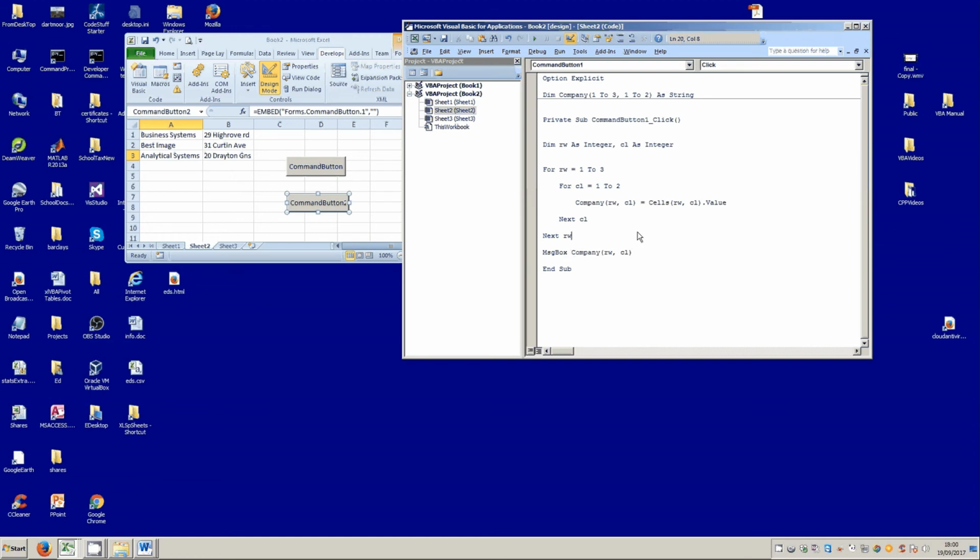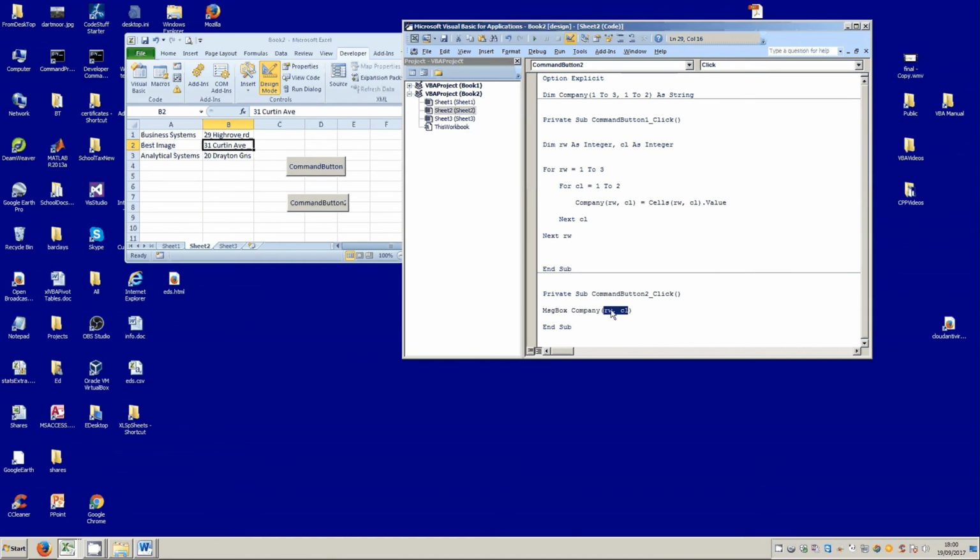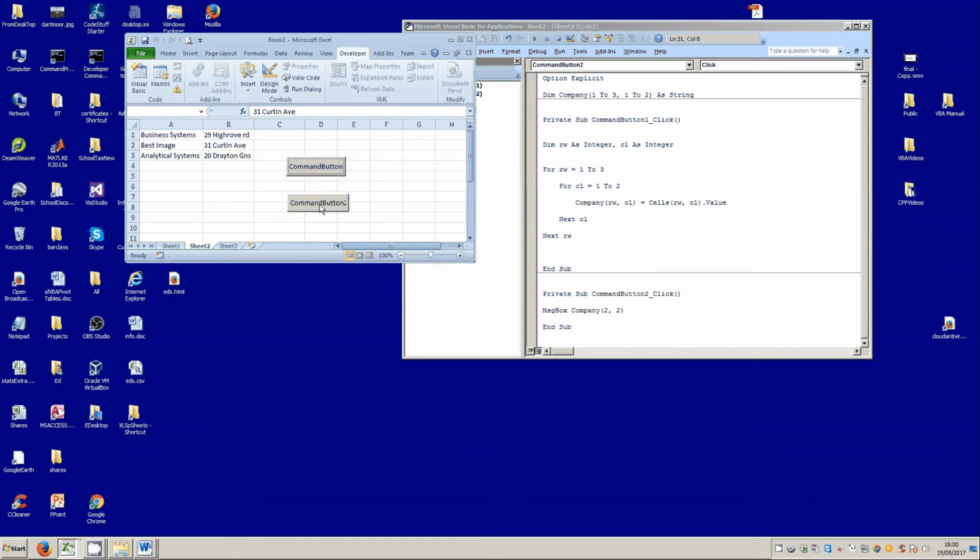That's not in the right place at the moment. I want to double click on my command button and place that in there. Just drag that in there, that's fine. Now I need to specify, let's find, say, this element here, two down and 2 across. So we could specify 2, 2, row 2, column 2. Let's see if that works. We can initialize our array. We didn't see much happening, but then when we click the second button, you can see that that particular element is